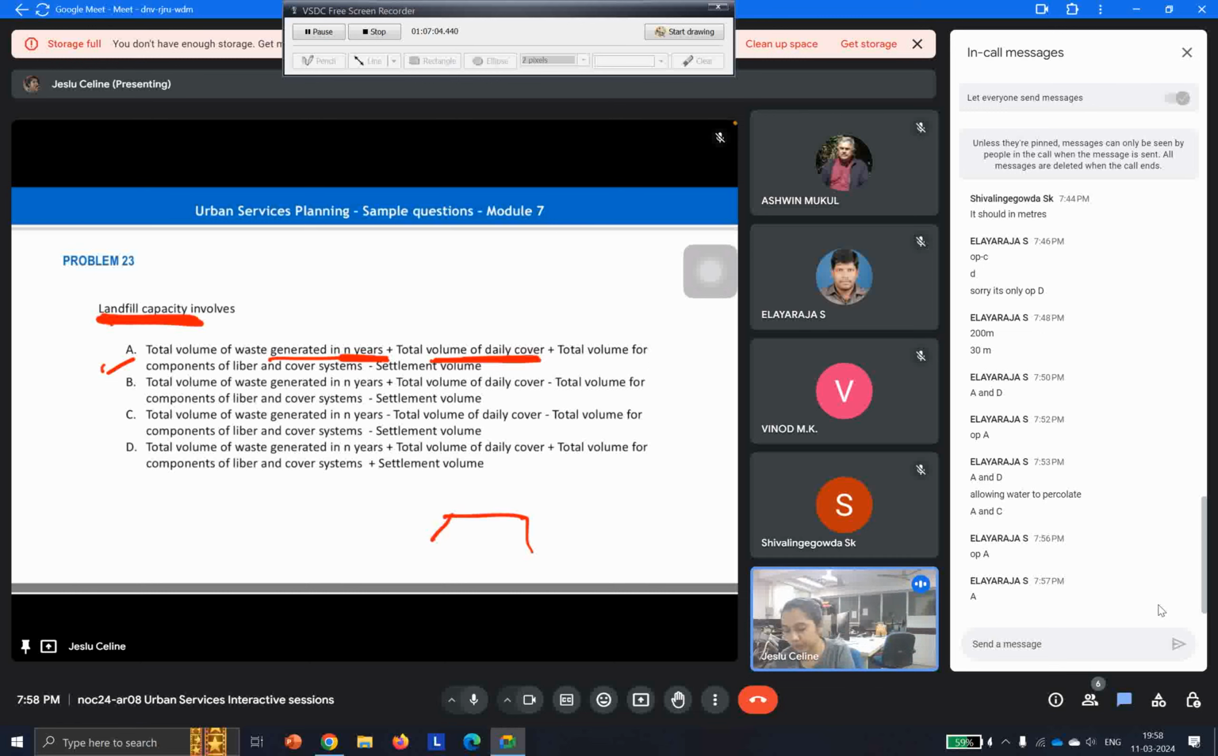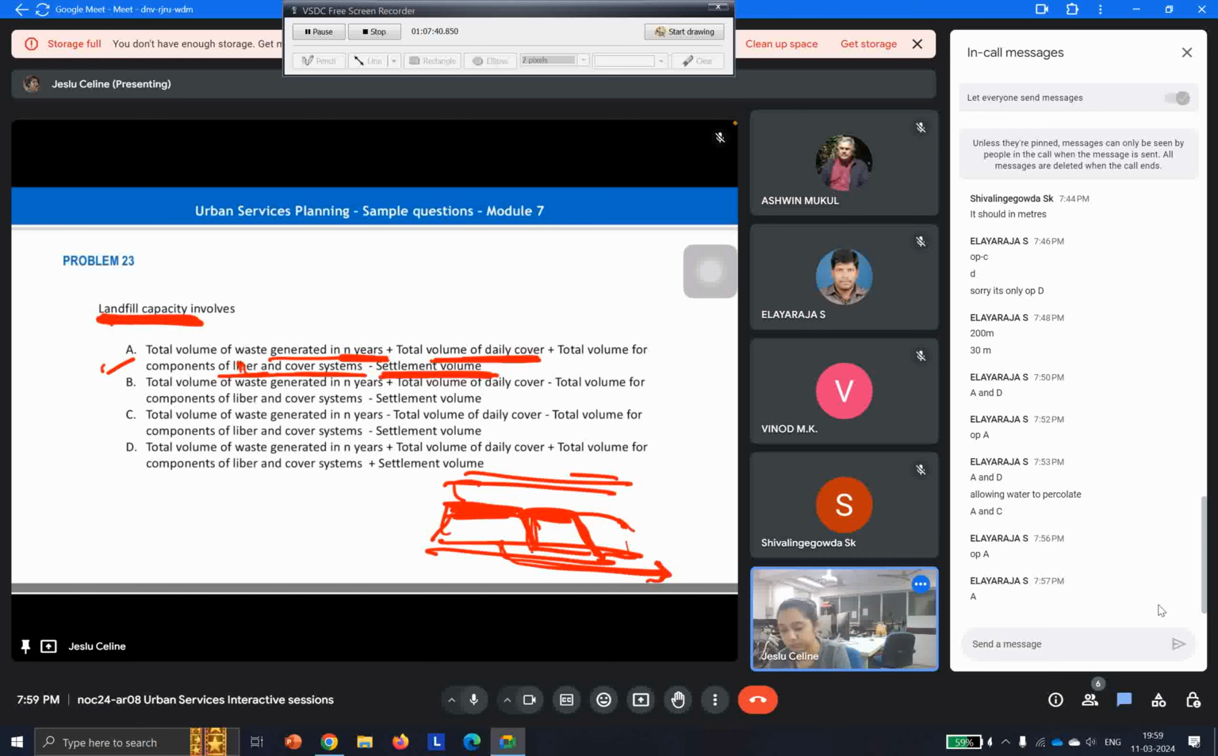So you have some waste coming, now you're putting the daily cover, then you have another set of waste coming the next day, now you're putting a daily cover. So this one plus the total volume of components of liner and cover systems, so other cover systems. So for the leachate, we will be having the pipe systems, the liner. So this is supposed to be liner, not liber. It's a liner and cover system. So for the different liner systems, and now on top of it again we have the barrier layer, all those different layers, so all that minus